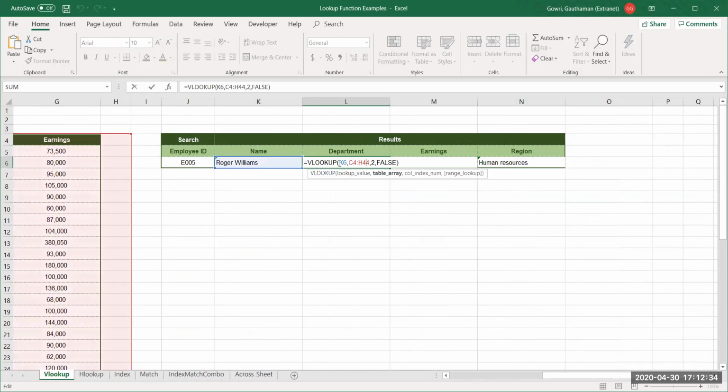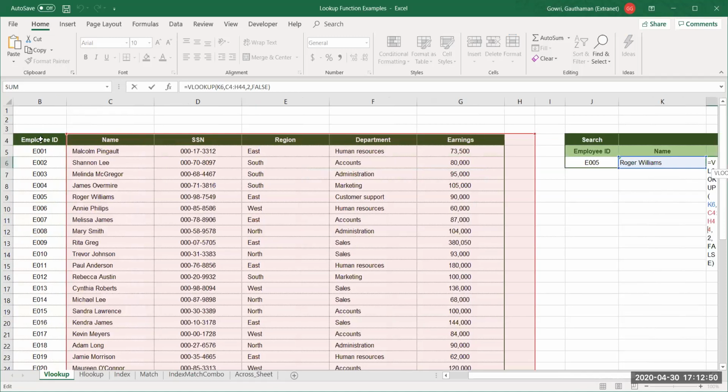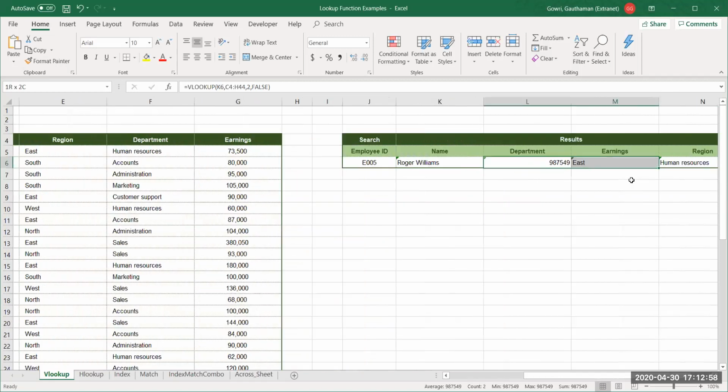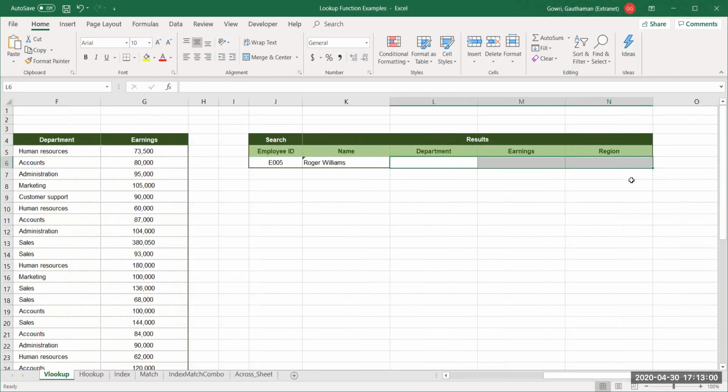You can see here we have not used any dollars in our cell addresses. That's the reason the reference is moving from E005. And you can also see our data selection has moved from employee ID. It has moved one column. This should not happen, because then the results will not be accurate.